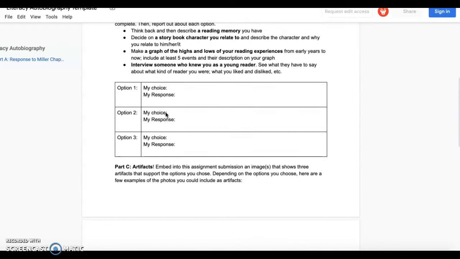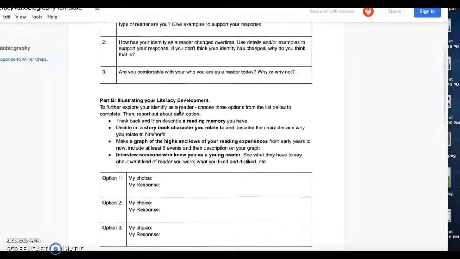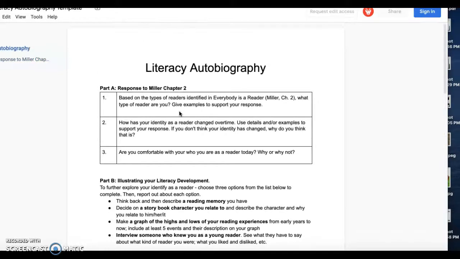You would include the image of the graph that you made, or a picture of the storybook character. Maybe it was Harry Potter. And then for the interview, it might be a picture of you interviewing your parent, or even a screenshot of that interview. Your submission should be a submission of this Google template